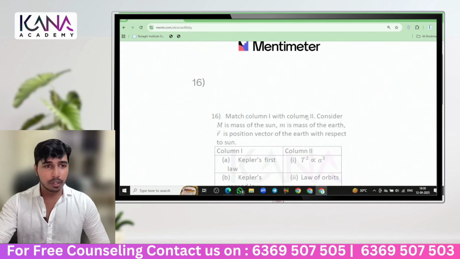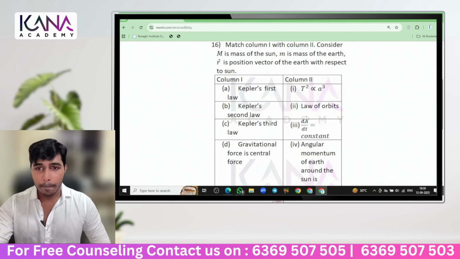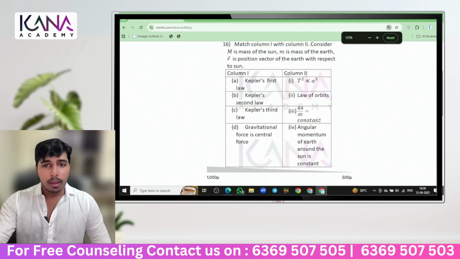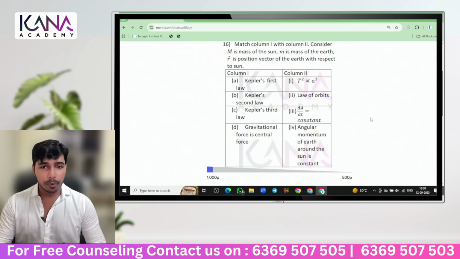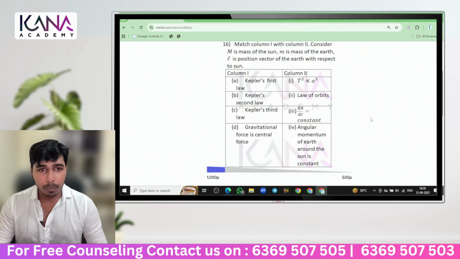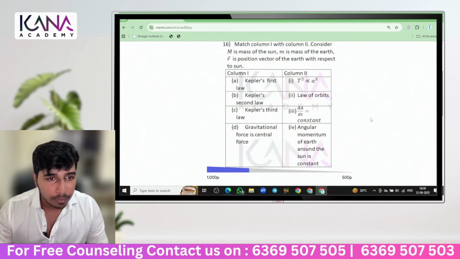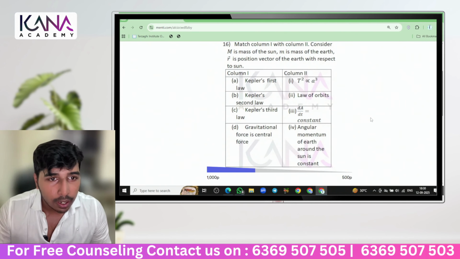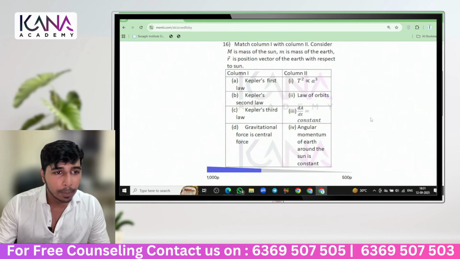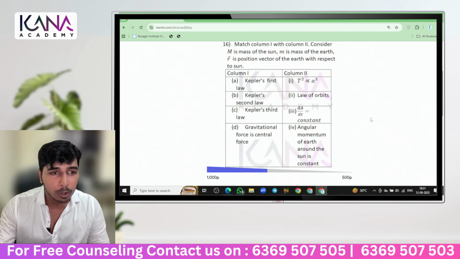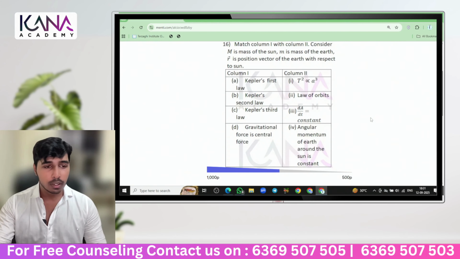16th question out of 25 MCQs. 16th question, okay. This is match column 1 and column 2. Match column 1 with column 2, considering M is mass of the sun and M is mass of the earth. The R bar is position vector of the earth with respect to the sun. The column 1 and column 2 is Kepler's first law, and we have some follows. T is directly proportional to A cube. Kepler's second law of orbits. Kepler's third law, dA by dt equal to constant. Gravitational force is central force. Angular momentum of the earth or of the sun is constant. So